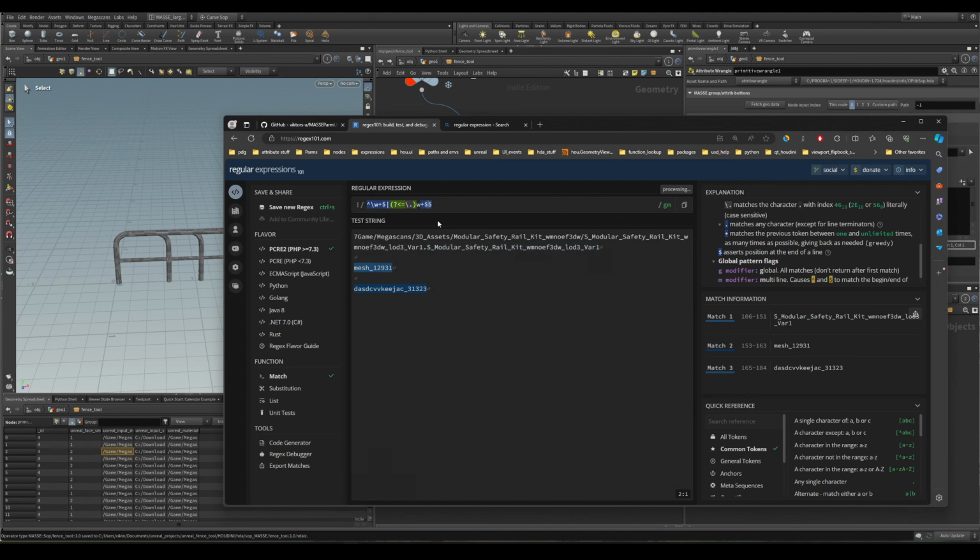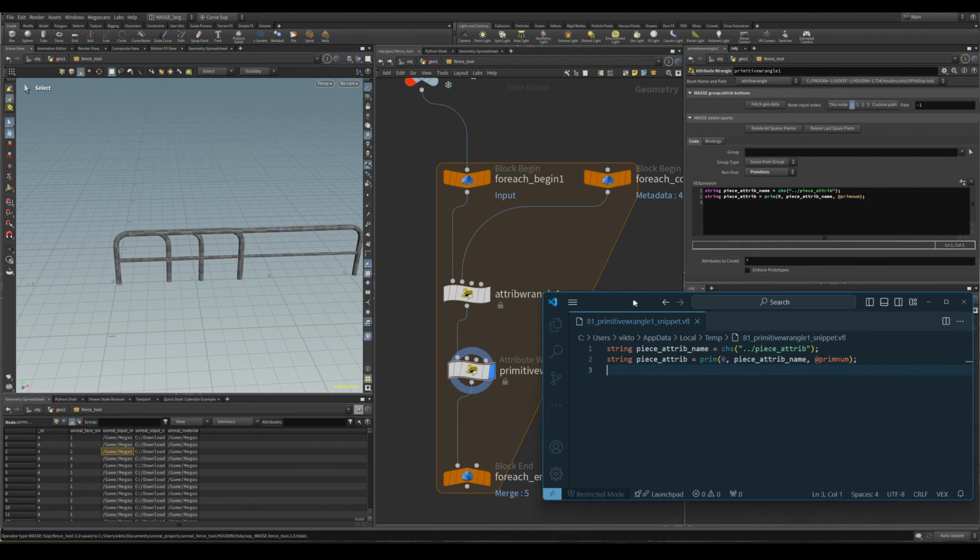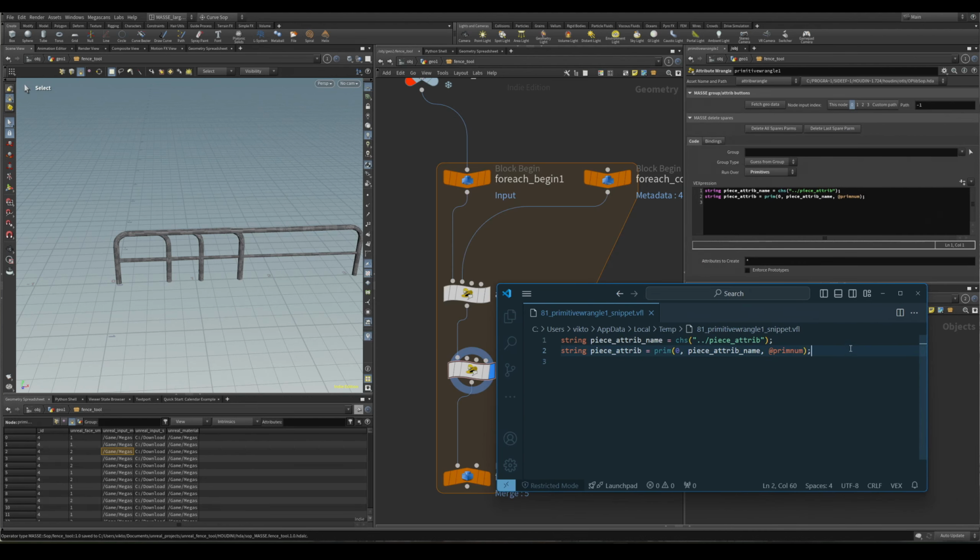We can even use basically the same thing, dot, something like word plus, I think it should work, to also match the same thing. And yeah, so this is also going to match like that. So what we can do is copy this regular expression, go inside your wrangle,